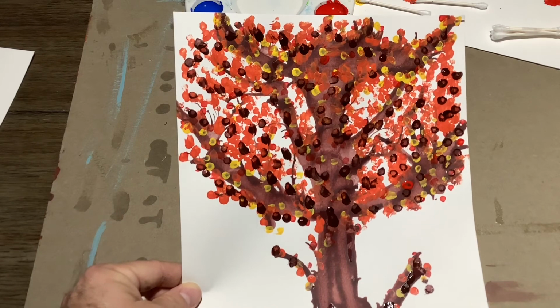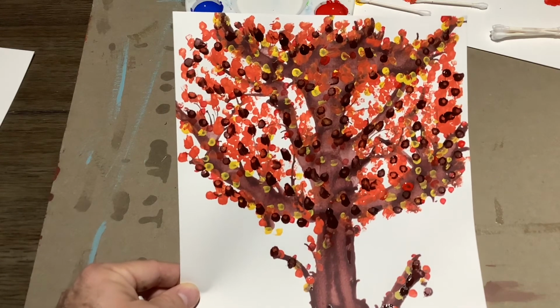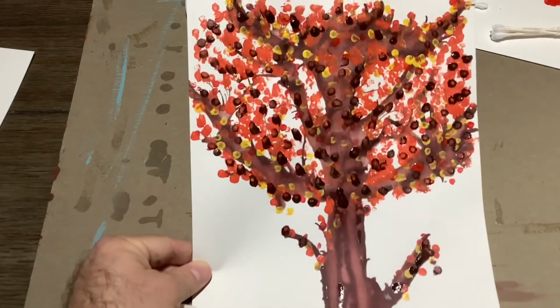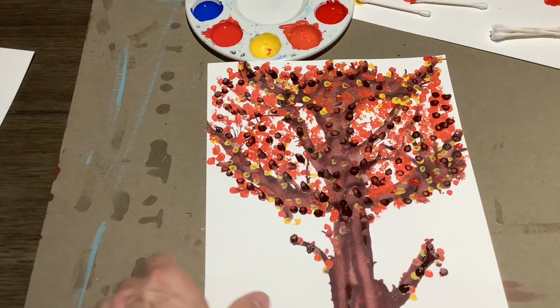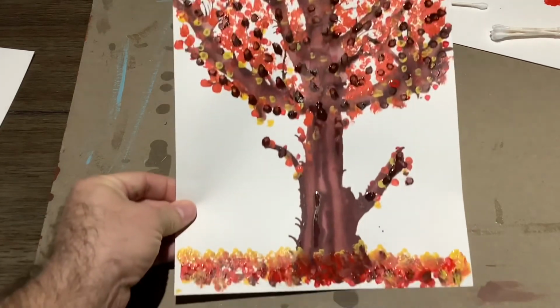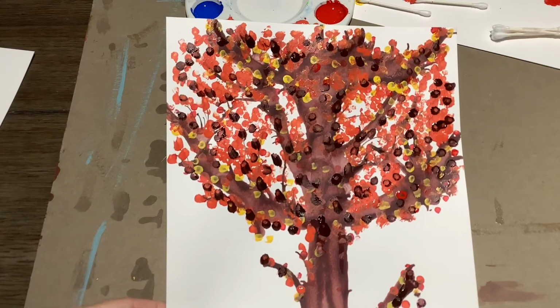So if you want to go ahead and continue filling up the tree to be super full, super orange, that's fine. I think this looks cool. Maybe going forward, I would do a background color also, maybe a blue or a gray to give it some scenery. But I think this is a great start, and it's a fun project, and it's a great way to decorate